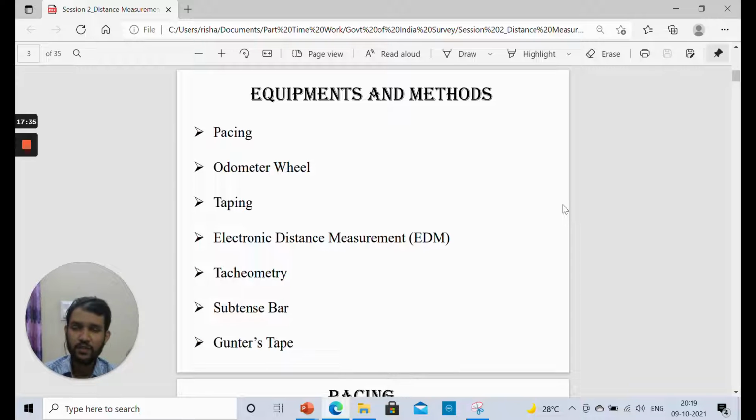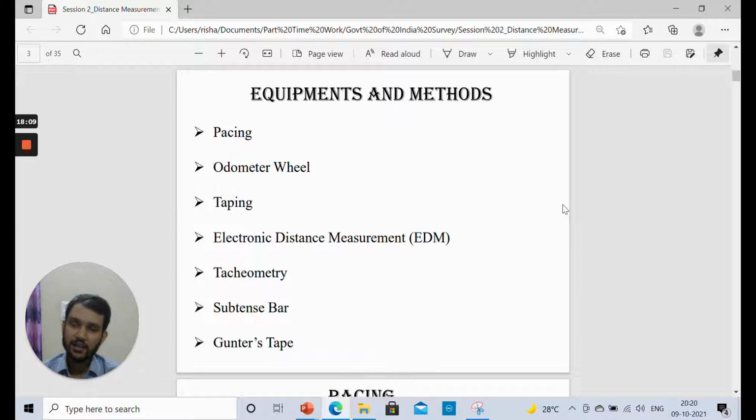Generally it is given in the form D = Ks + C, where K is the multiplication factor which we consider as 100, and S is the staff intercept, and C is an additive factor that is relatively very small. In our case we generally consider it equal to 0; generally it is supplied as 0. The multiplication factor is also given by the focal length of the lens upon the staff intercept, and since that staff intercept is fixed and the focal length of the lens is fixed, the multiplication factor always remains the same.